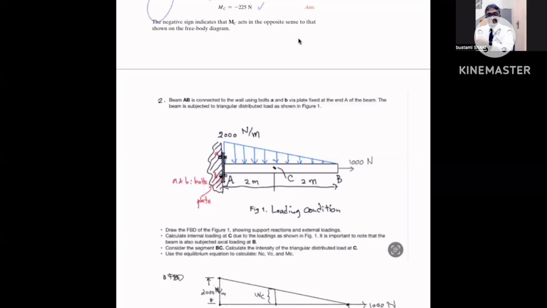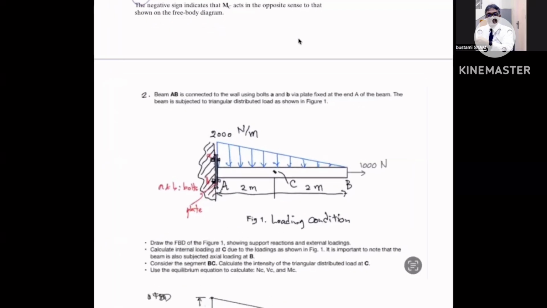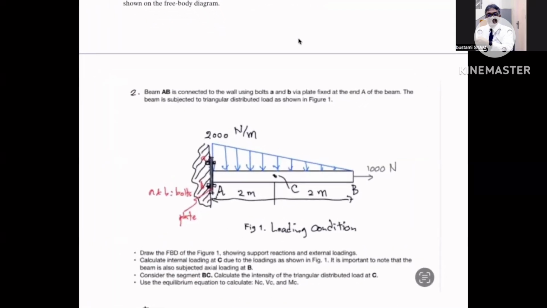Baik, problem seperti ini mungkin kita bacakan ya problemnya. Beam AB is connected to the wall using bolt A and B. Jadi di sini dipasangkan ke dinding menggunakan baut A dan B. Using plate fixed at the end of A